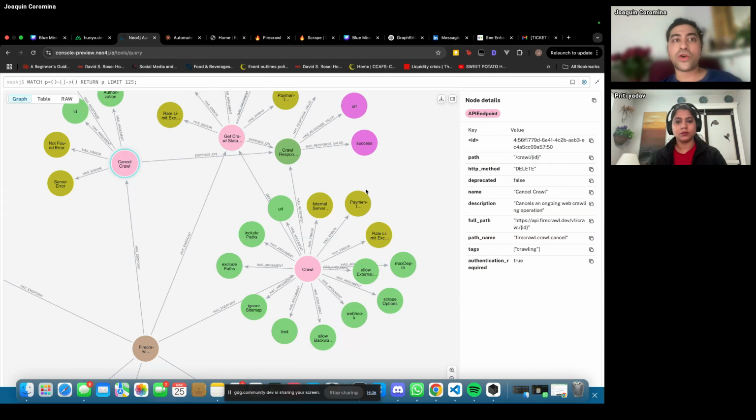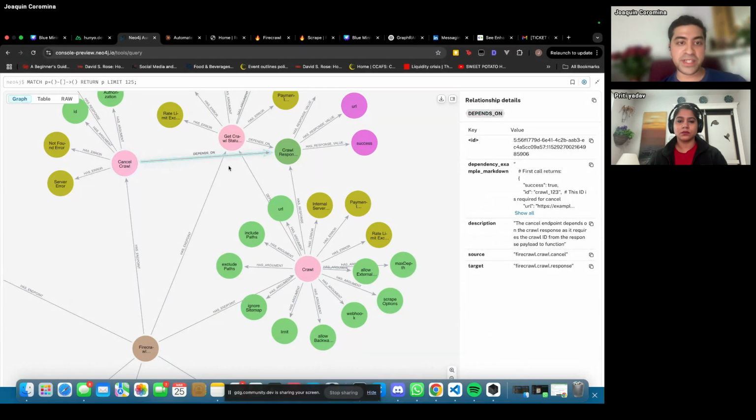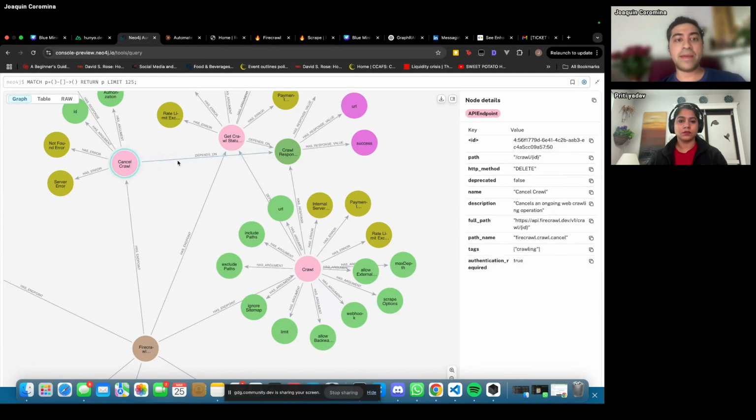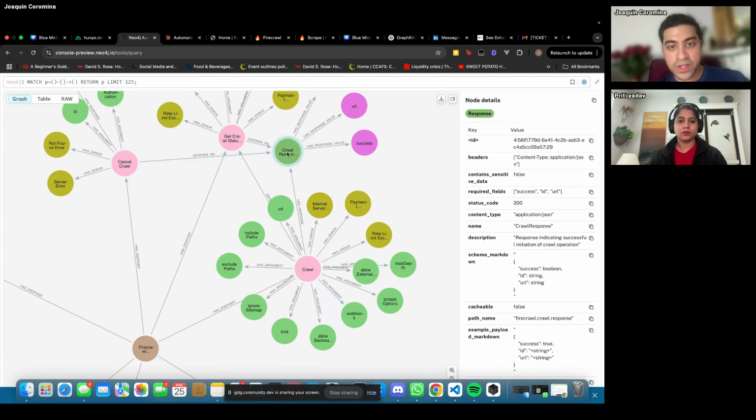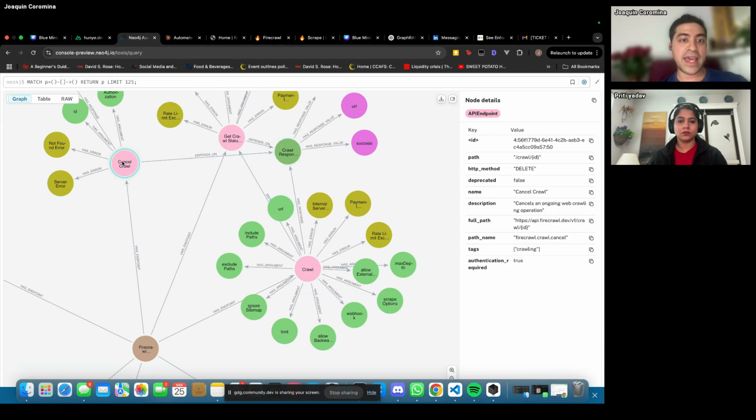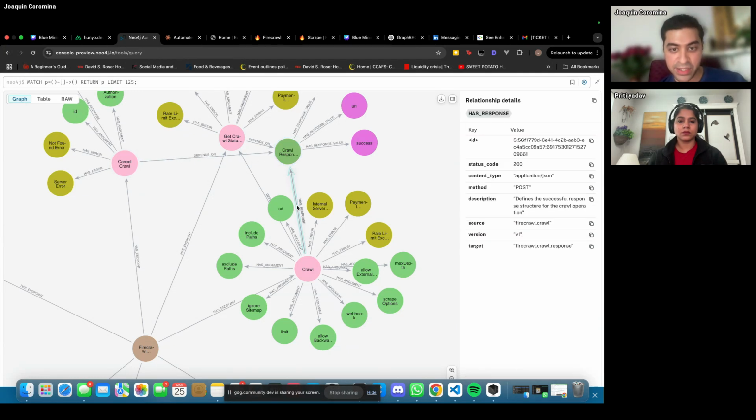So those kinds of long-range dependencies usually don't work very well in traditional RAG structures, where each concept is broken into individual blocks, because it would miss what it is dependent on. So by making it into a graph, you can account for those long-range dependencies, create that relationship, and explicitly state that cancel crawl depends on crawl response. So your LLM is very much aware that if it's using the cancel crawl function, it also needs to look for where this is, and it can see that this is the response of this.